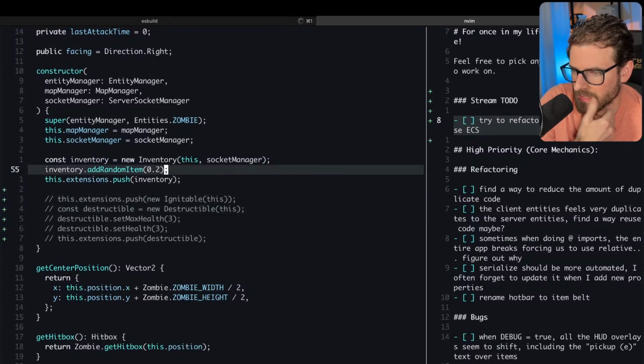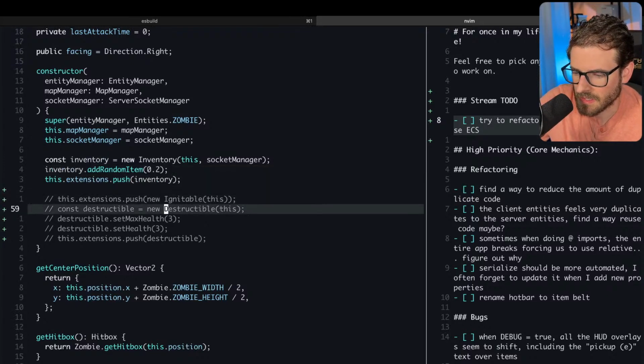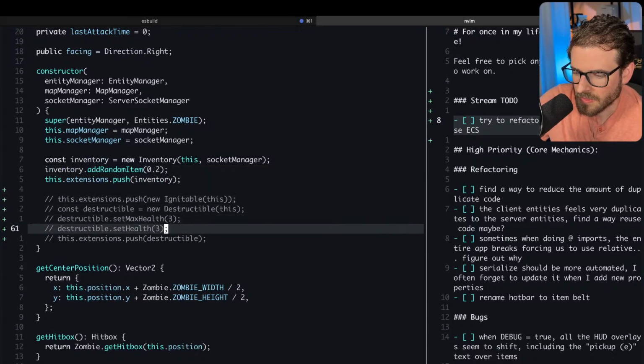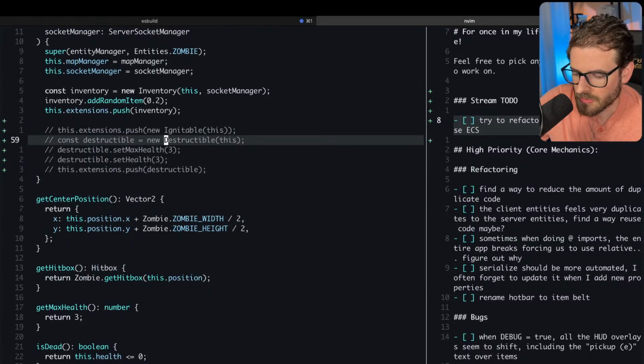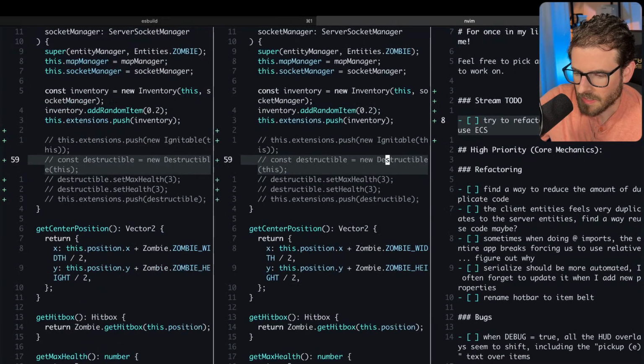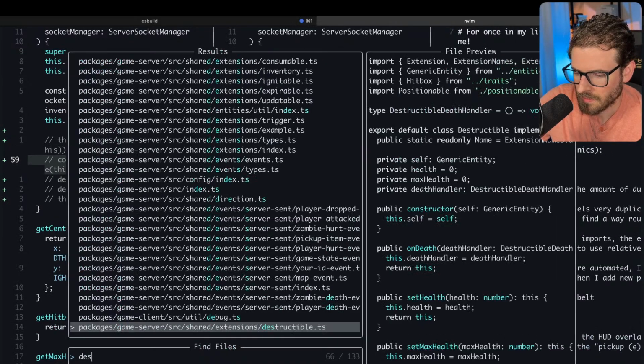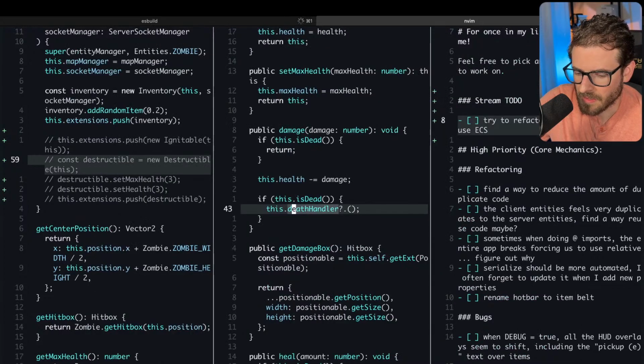If I were to add this extension to this zombie entity, we would probably have to go through and delete a lot of stuff. Because if you're destructible, in fact, let me split this, and put that over there.